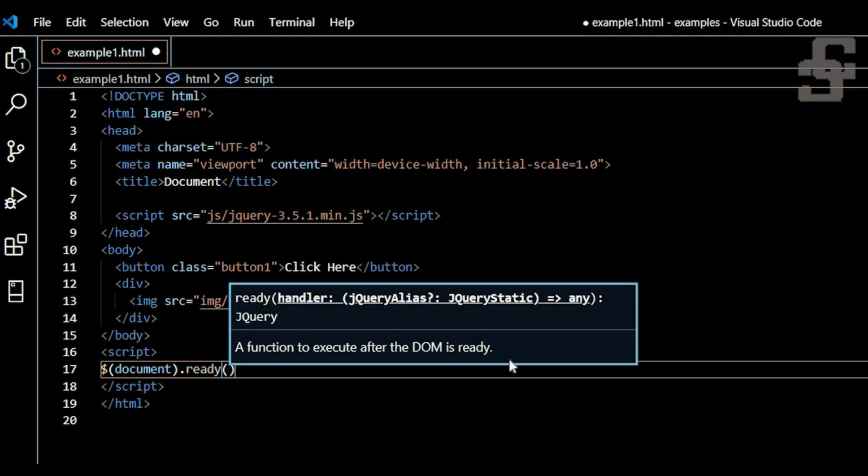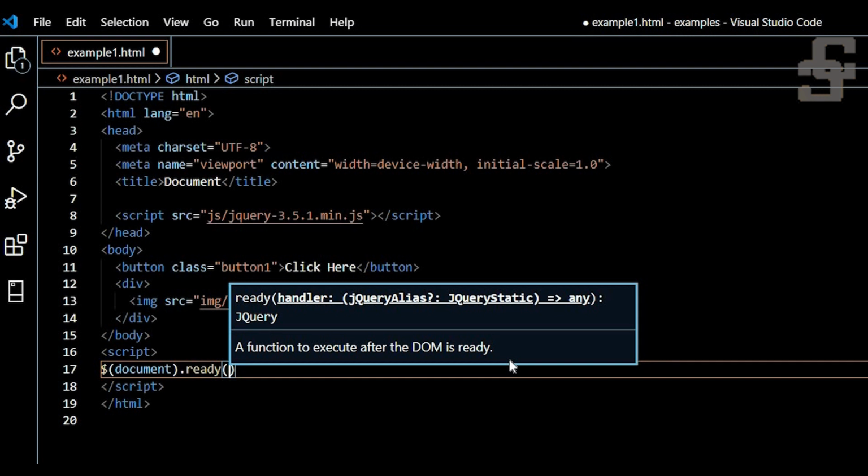This is mandatory. We should give it like this. Whenever you write jQuery, you should start with document.ready. This is the first thing you need to write before writing jQuery code. Always check whether your document is ready or not. Here we can write a callback function.